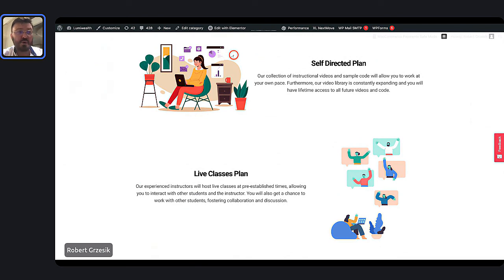It forces you to show up. It forces you to actually sit down, write code, and get things done. I found that people that do the live classes tend to be much more successful and make a lot more money doing things with their algorithms, right? That's the live plan, and that's kind of what you get from it.